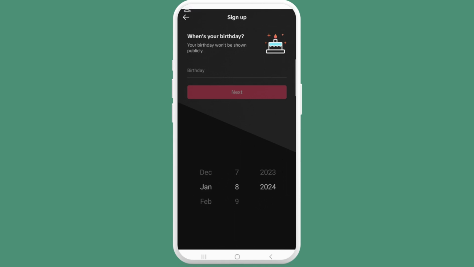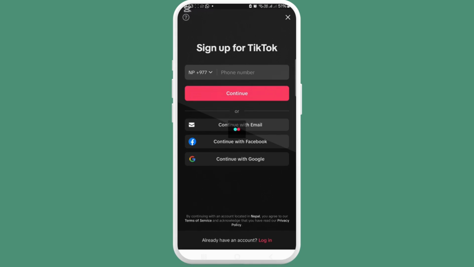Then tap on continue with Google or continue with email, continue with Facebook. You can choose either of it. I'll choose continue with Google. Tap on the desired Google account that you want. Add your birth date. Then after, tap on next. Then like this you have created your